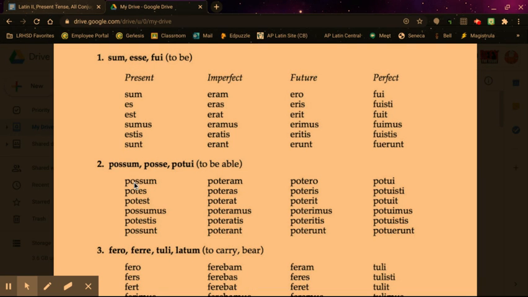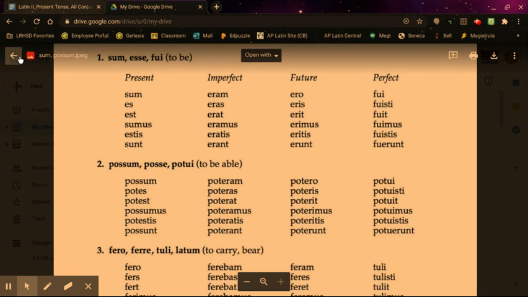And then the verb to be able, same thing, it's just right here, the present tense. Okay, and once again, it's the singular on top of the plural, so it's set up a little bit different. And I am able, you are able, and so on. Okay, so you're just going to copy that over. And then I'm also including,